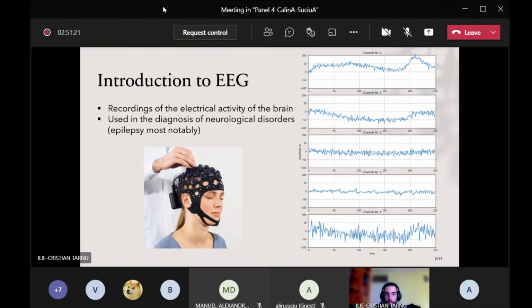First off, I'm going to present some information about EEGs. EEGs are recordings of the electrical activity of the brain and are mostly used in the diagnosis of neurological disorders. One of these disorders is epilepsy. And in order to diagnose epilepsy, neurologists rely on the visual inspection of EEG recordings, which is a time-consuming process that could be automated. An example of an EEG recording that lasts 1 second can be seen in the figure